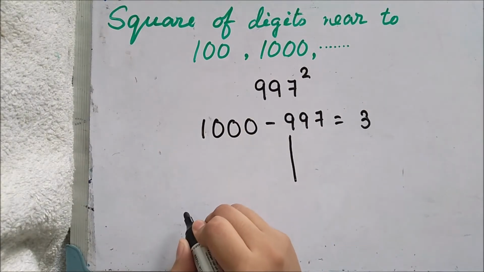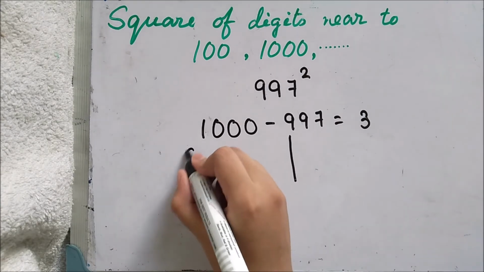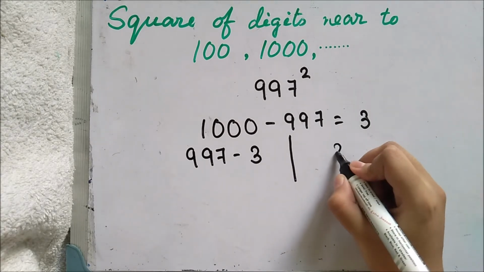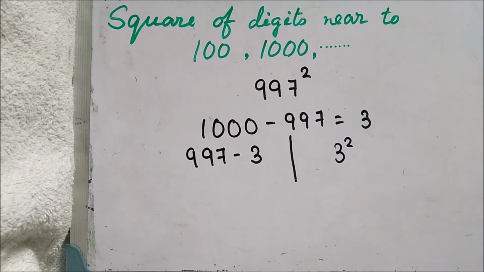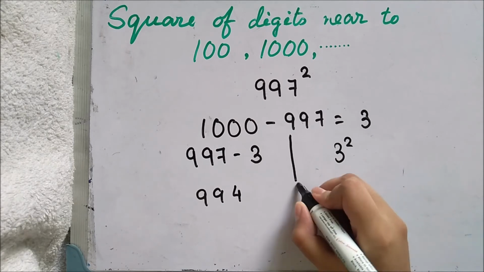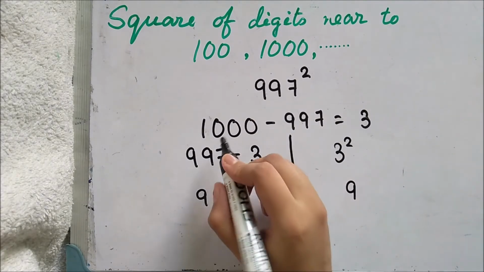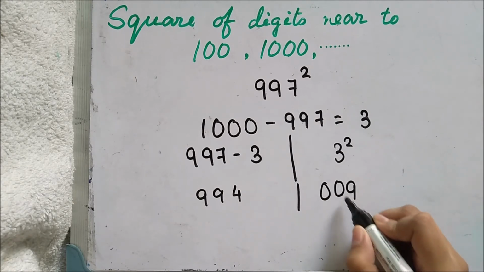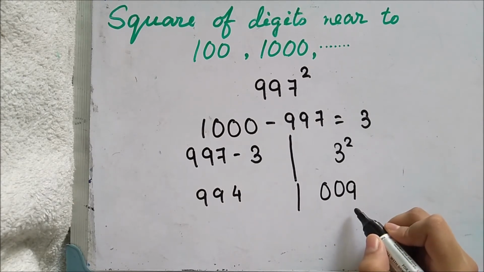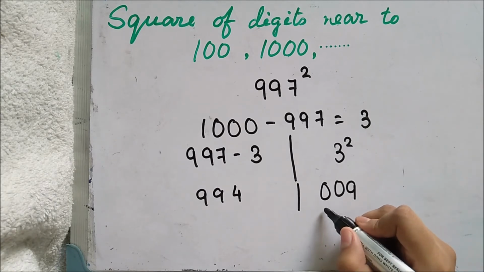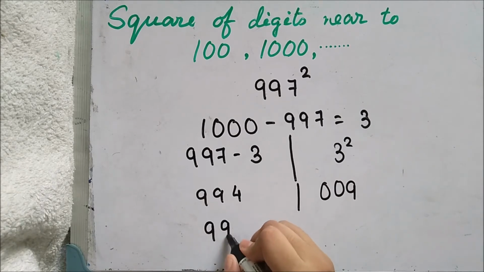So our first part is 997 minus 3 and 3 square. We know 997 minus 3 is 994 and 3 square is 9. Since we took 3 zeros, hence it is a 3 digit number. 9 will be the unit place, 0 will be the 10th place and again 0 will be the 100 place. Hence our answer will be